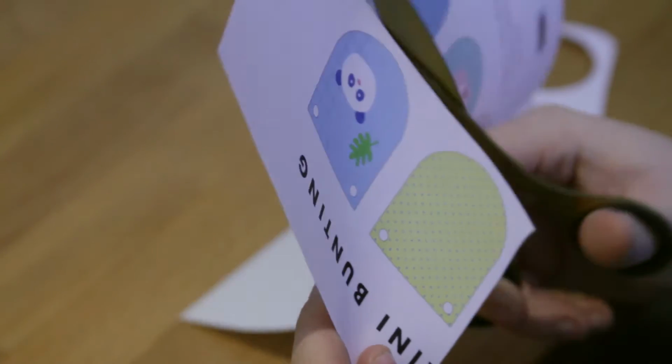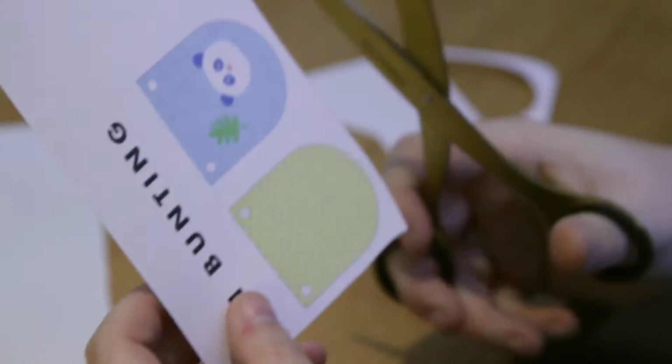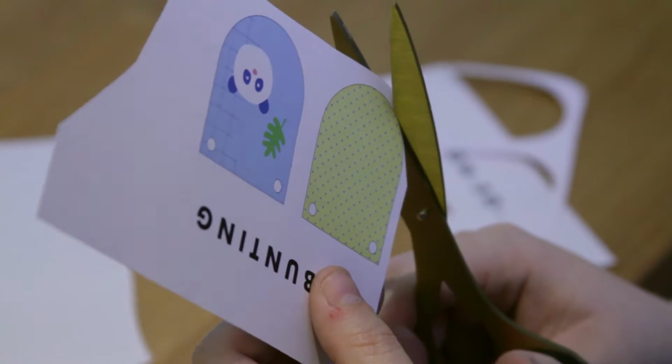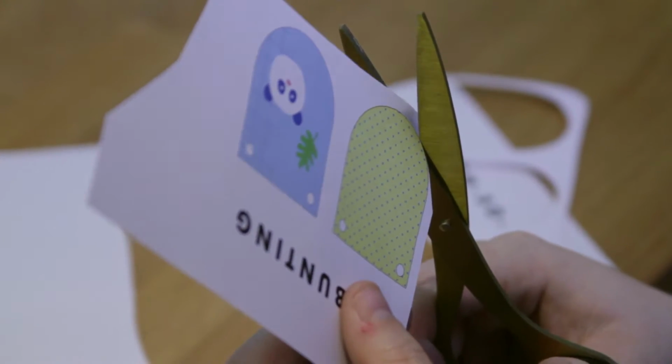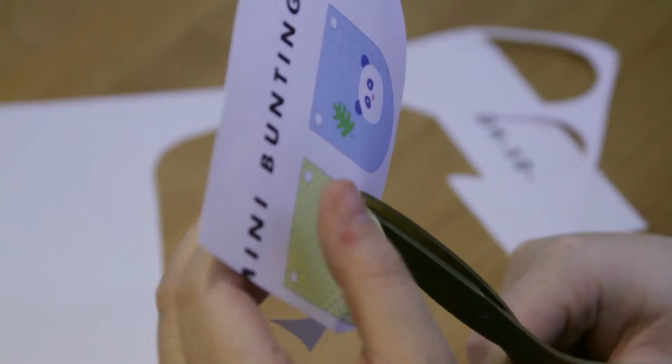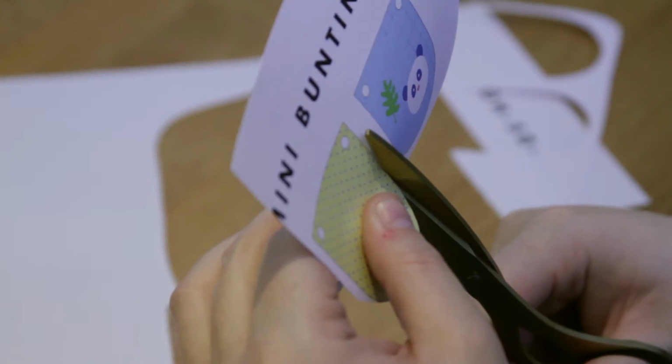I'm just cutting these out reasonably carefully, not super duper careful, but enough that you can tell I've actually tried not to completely ruin the shape of them. So this month's Diary Lovers Club gift is a